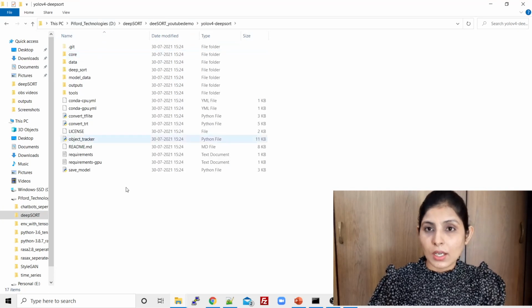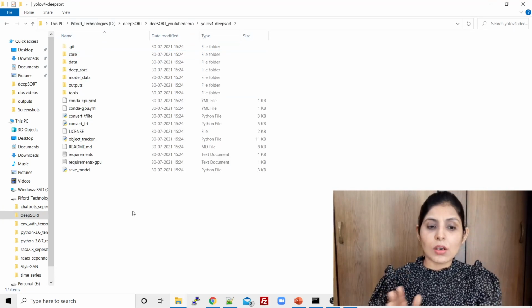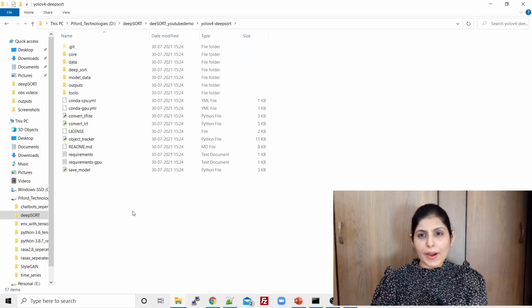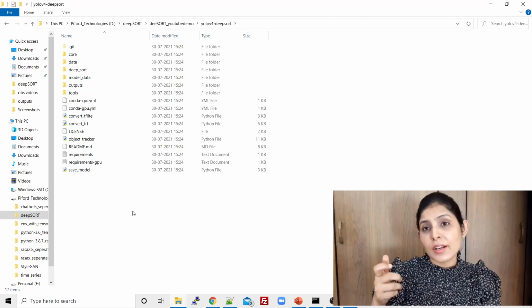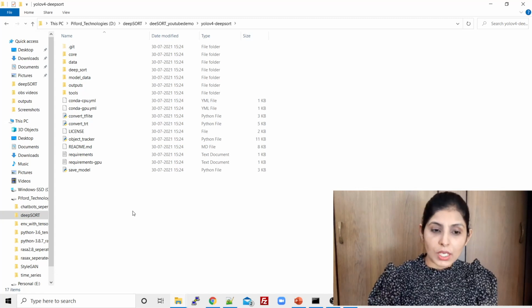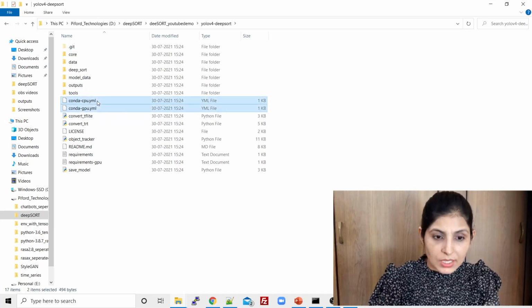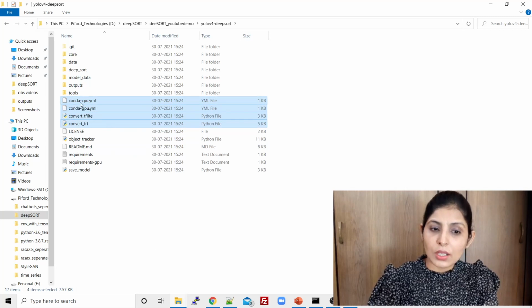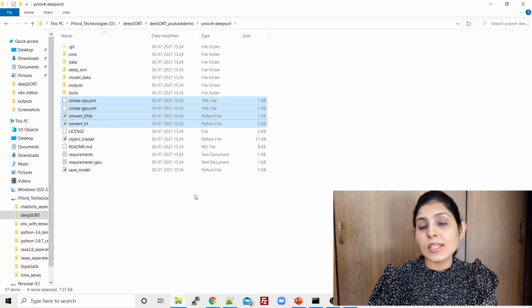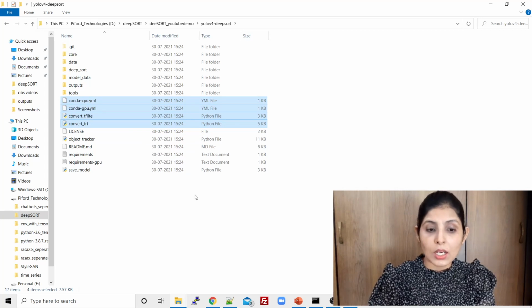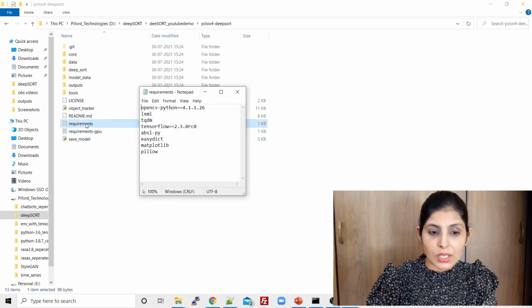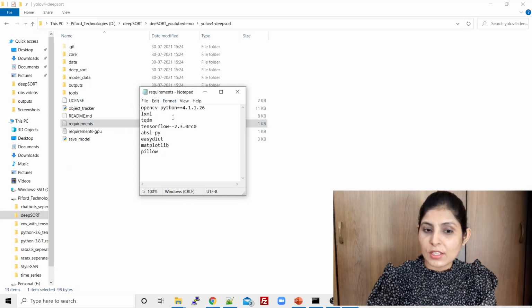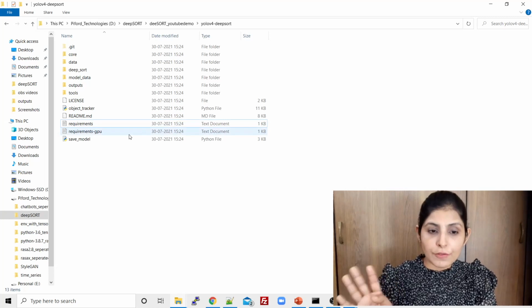Once you clone it, now this is where we are, right? Open this GitHub repository. Now guys, we will delete all the files which are not required for today's class. Okay, so we'll delete all those files so that you can understand what files are exactly required for our today's code. Okay, so I'm deleting these 4 files. Okay, Conda CPU and Conda GPU. See guys, I'm running this code on Windows, and the requirement which I am using is, there is one file with the name of requirements.txt. You can run this requirements.txt file and you will have the environment to run this code, right? So I have deleted 4 files from here.